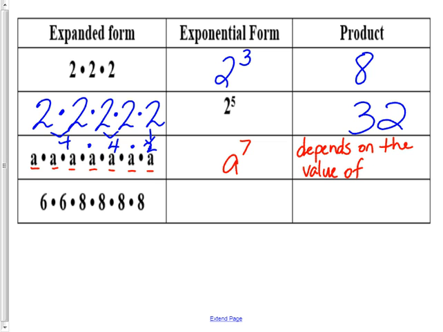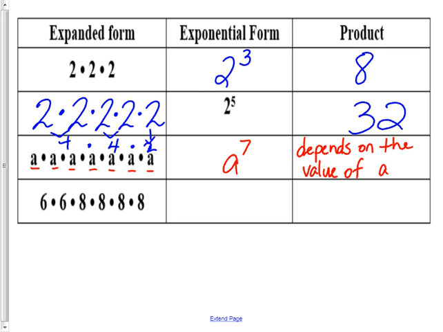of A. If we knew, for example, that A equaled 4, then we would do 4 times 4 times 4 times 4 times 4 times 4 times 4. If A was 9, then we would do 9 times 9 times 9 times 9 times 9 times 9 times 9. We would just plug in and use that number if we knew what A was. But we don't, so we can only say the value of A to the 7th power depends on the value